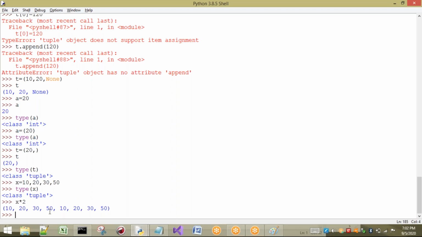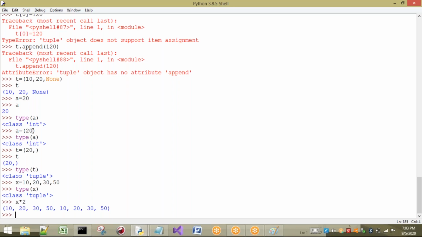There we use square brackets; here we use normal parentheses. Even without parentheses, by using commas we can create a tuple. The brackets are not going to make our tuple; these commas are going to create it. Because of the comma, t becomes a tuple.